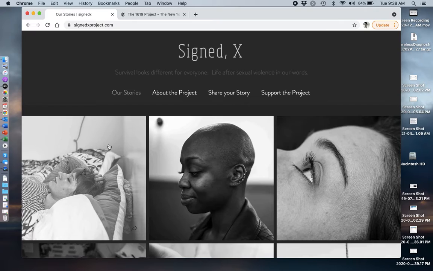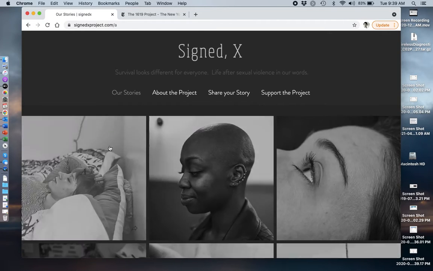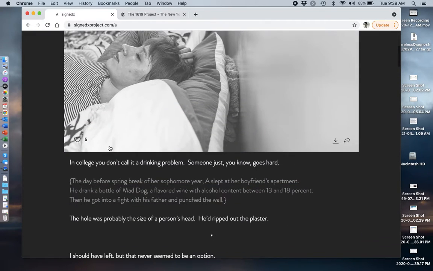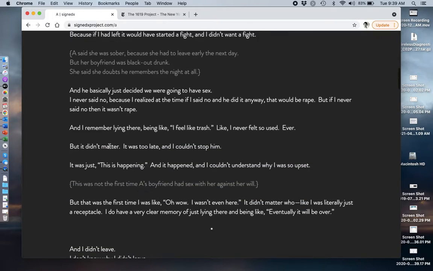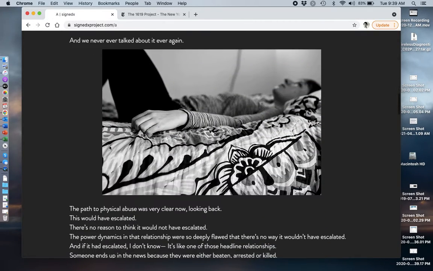And so what this website does is it combines a lot of different stories from people who have survived sexual violence, so that someone can come to this website, read these stories in order to learn about the effects that sexual violence has on people, or if they're a survivor themselves, to not feel so alone, right? To know that there are other people out there who have experienced something similar. So for example, if I click on any one of these posts, the full post appears,